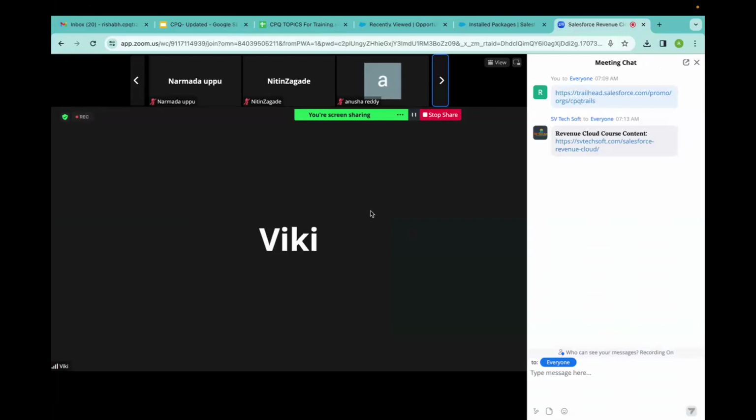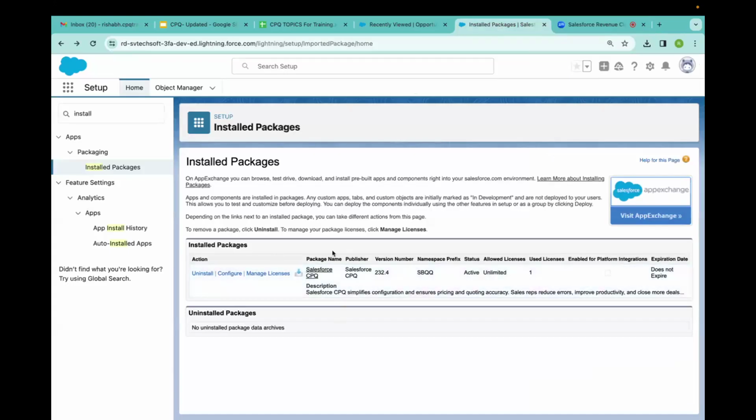Okay. The Salesforce CPQ, it's a custom application that we created, or when we install a package, it comes up like that? Okay. So it's a custom package, or we can say it is a managed package from Salesforce. So we don't have to do anything from our end. We just have to get in touch with Salesforce CPQ and get an installation link with n number of licenses, and we just need to install that package in our org. Once the package is installed, we can start using the